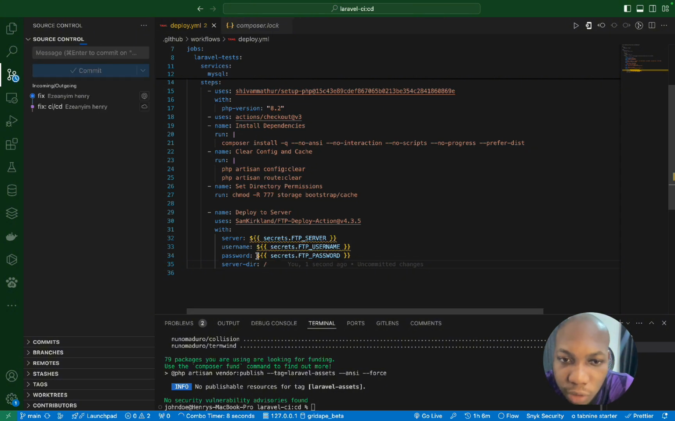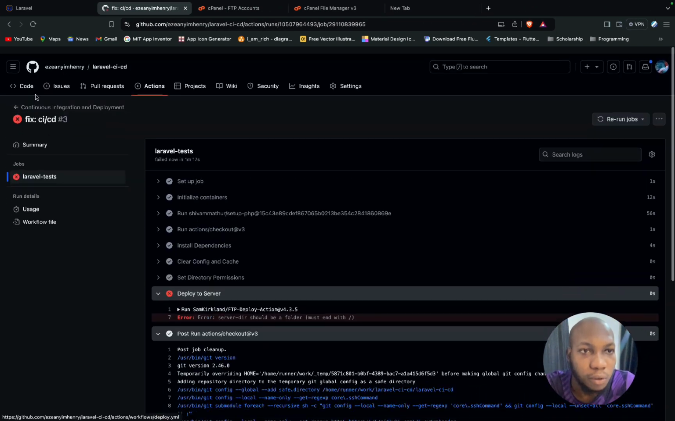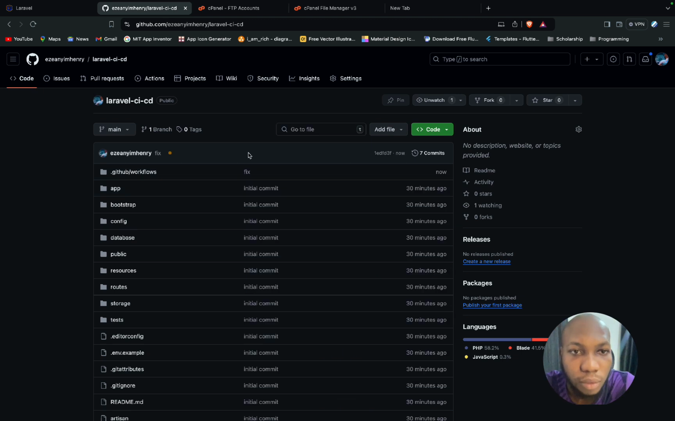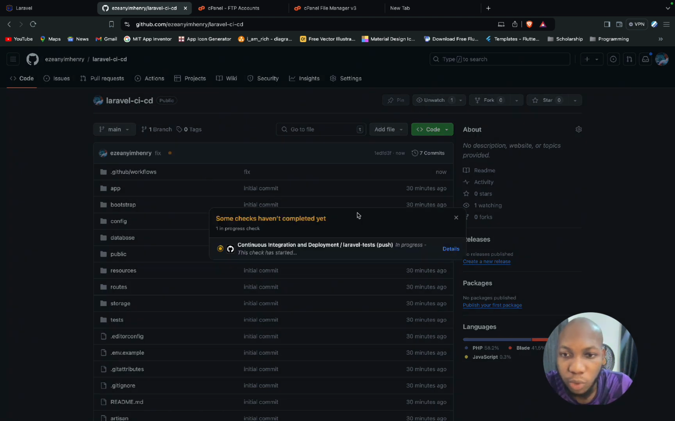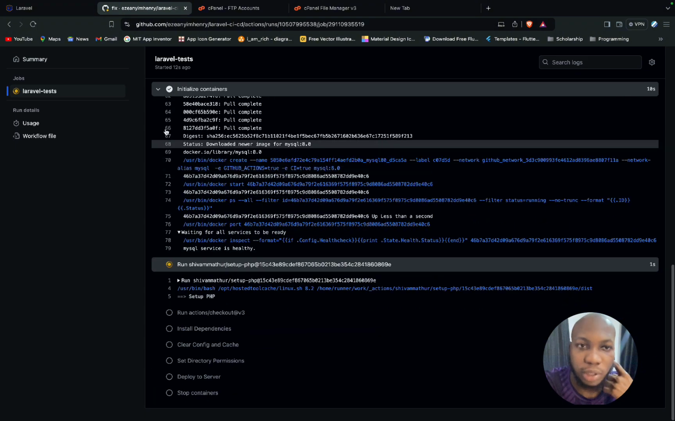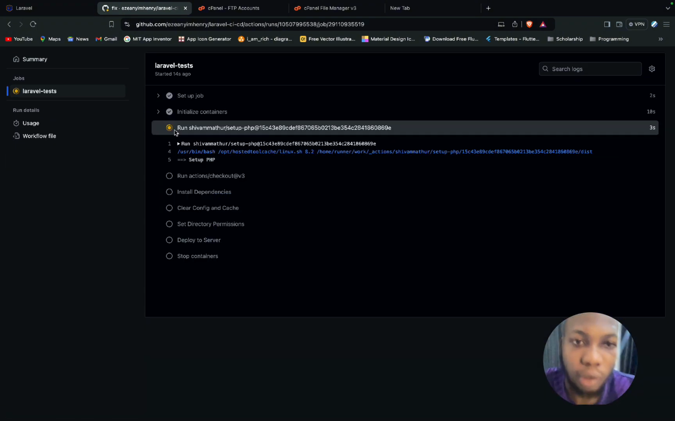So let's deploy this to the root folder of that directory. Let's do it like that and see. Now we've made three different pushes and three of them failed, until we're able to get the actual one that is going to pass. So we'll run this again, and you can see now that